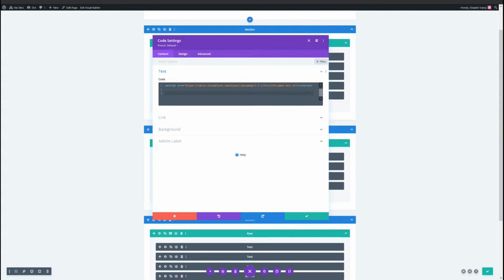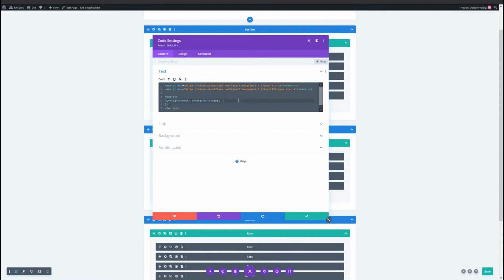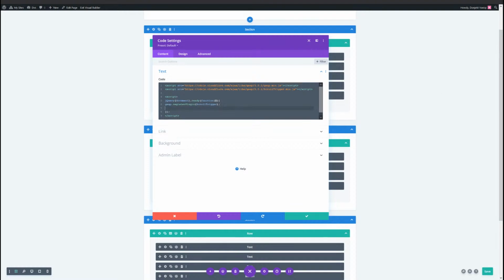All right, and next we're going to add some new script tags, and these script tags are going to include the code that we're going to use. First of all, we're going to open jQuery here, so open our code with a document ready function and jQuery indication there. We're also going to register the scroll trigger plugin by adding this line,